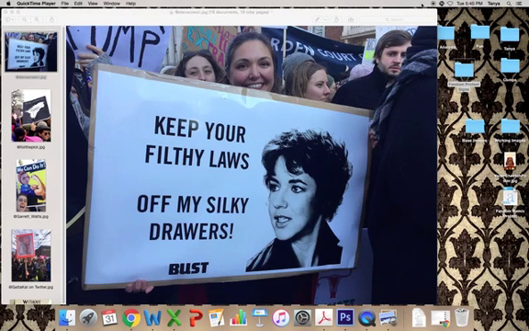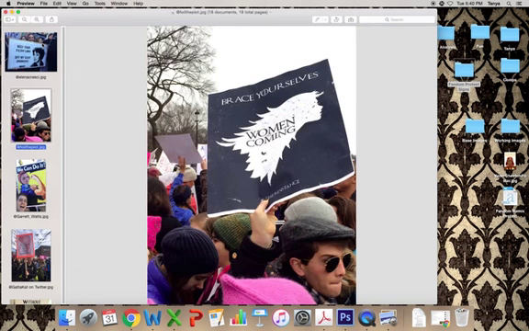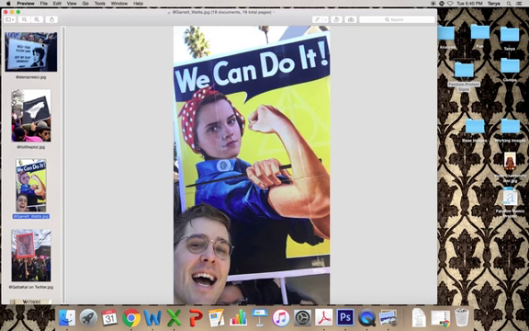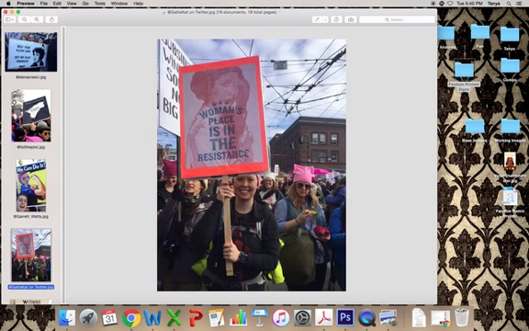Hello everyone, today we're going to be doing Photoshop layers, and the idea for this activity to walk you through the Photoshop layers is to do fandom protest posters, because I saw a whole bunch of them that were pretty awesome at the Women's March and thought, oh, there's going to be a lot more marches coming on, so let's just take a moment and do some fan remixing with our Photoshop lesson today. So here are some examples of